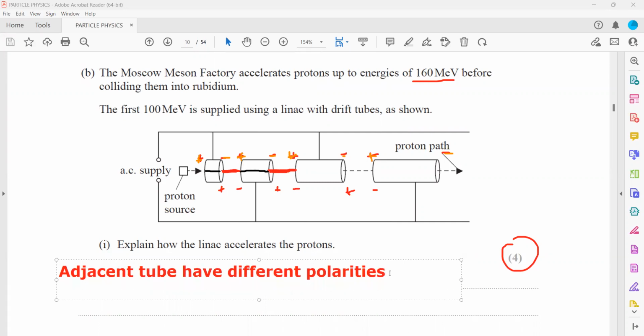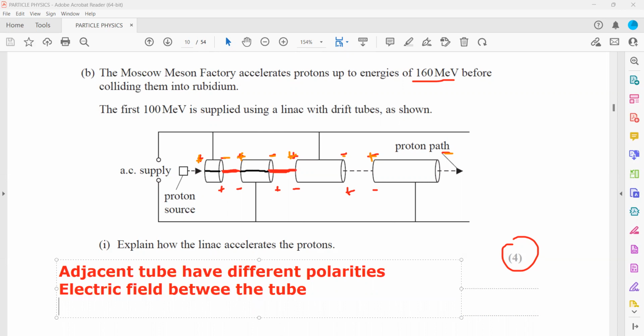As these adjacent tubes have different polarities, there's an electric field between the tubes. As a result of these electric fields, what will happen? The proton will accelerate